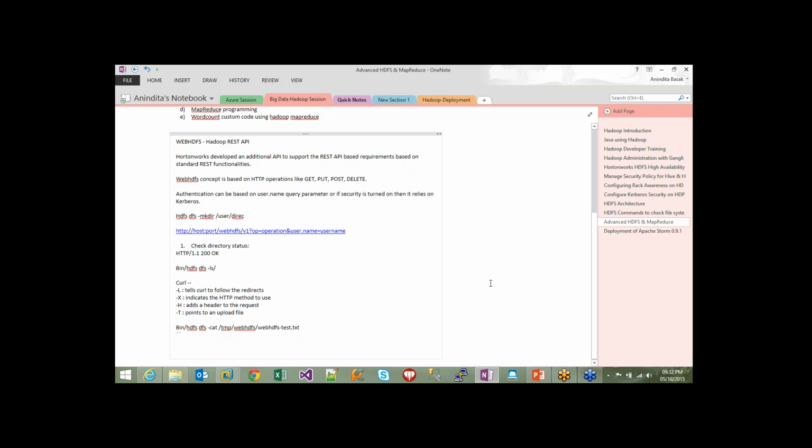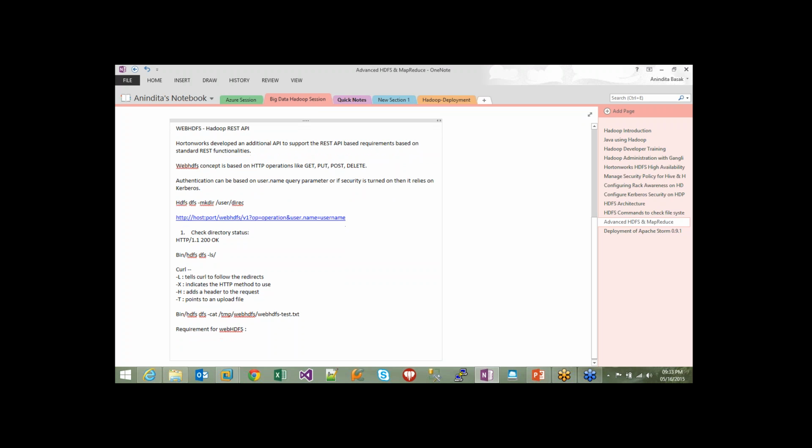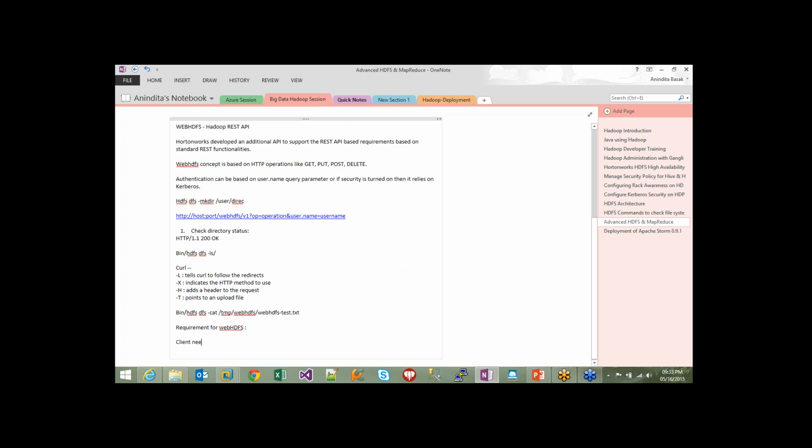So basically WebHDFS provides a simple standard way to execute Hadoop file system operations by an external client that doesn't necessarily run on the Hadoop cluster itself. The requirement for WebHDFS is that the client needs to have a direct connection to the name node and the data node. So the only requirement to run WebHDFS is that the client needs to be connected with the name node and data node of the cluster